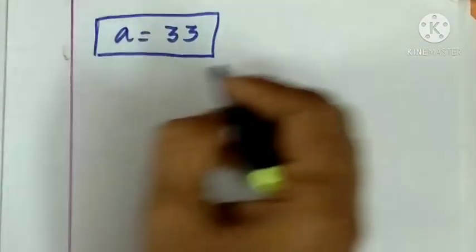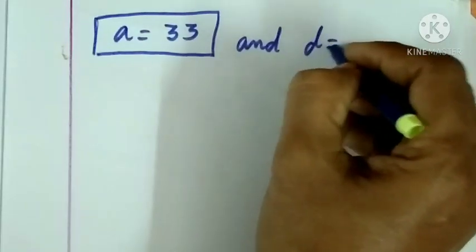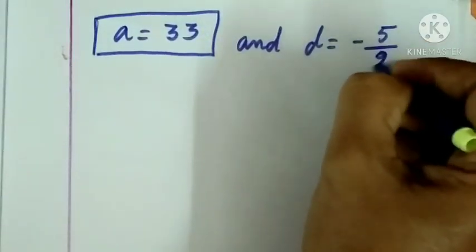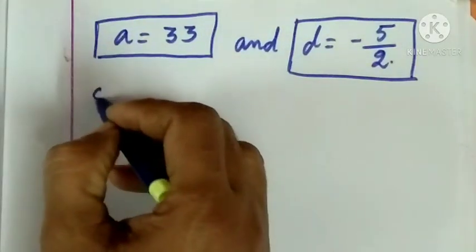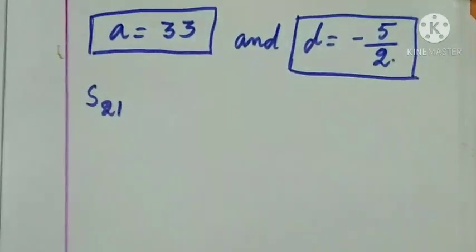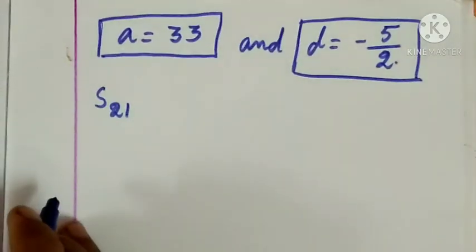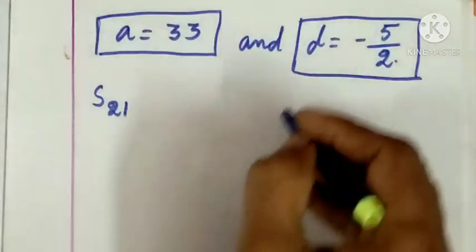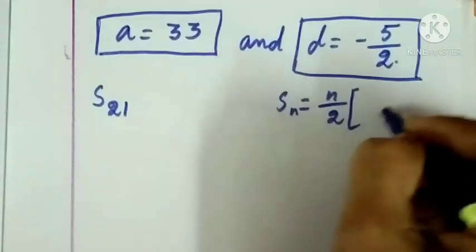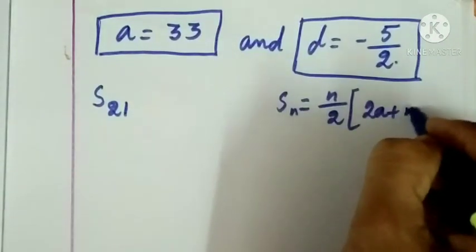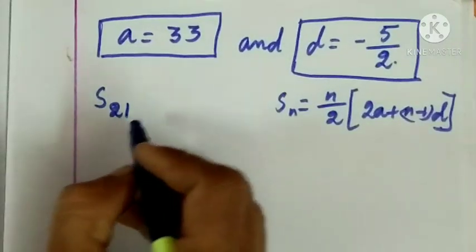Now we have the value a is 33 and d is minus 5 by 2. Let us find the value of S21, that is the sum of first 21 terms. For this, which formula do you have to apply? Yes, Sn is equal to n by 2 into 2a plus n minus 1 into d. Here n is 21. So,